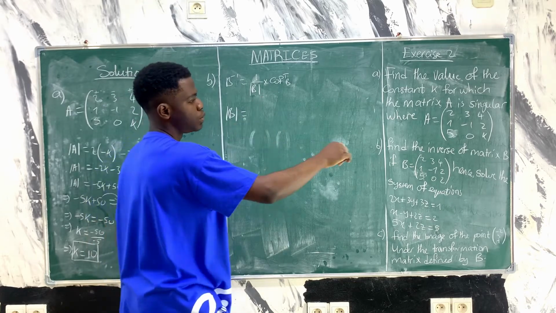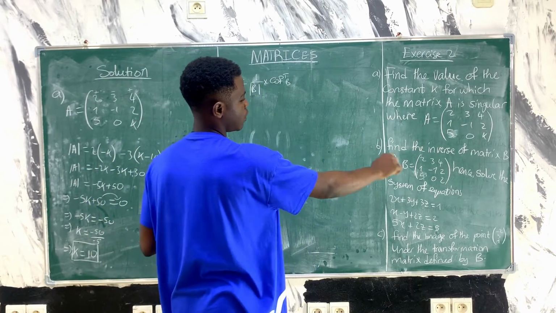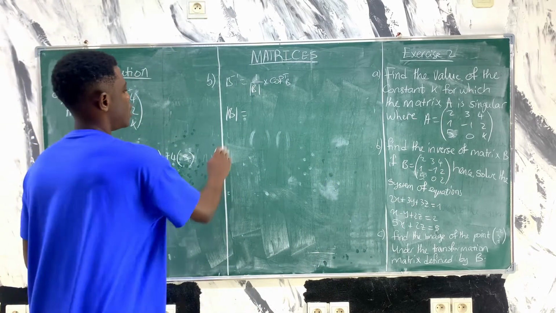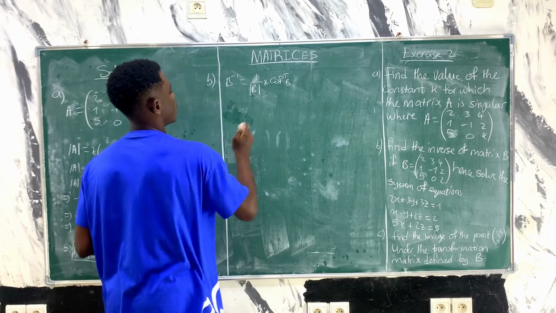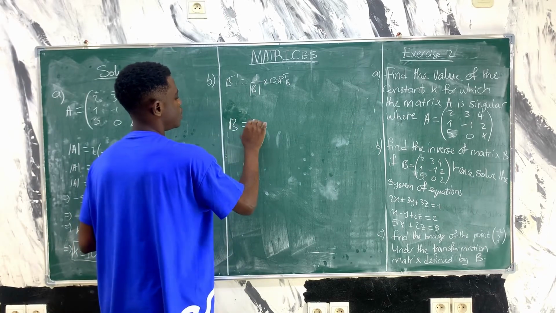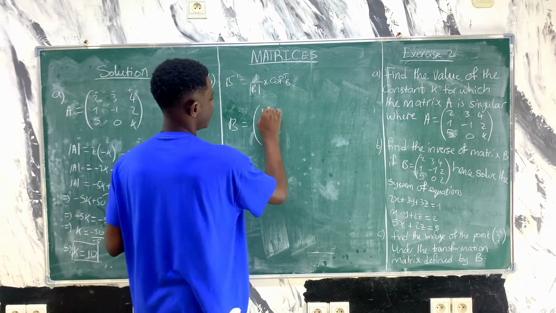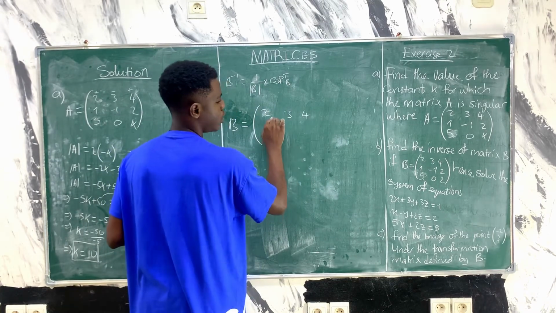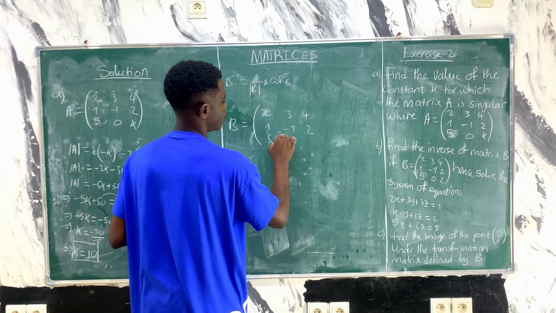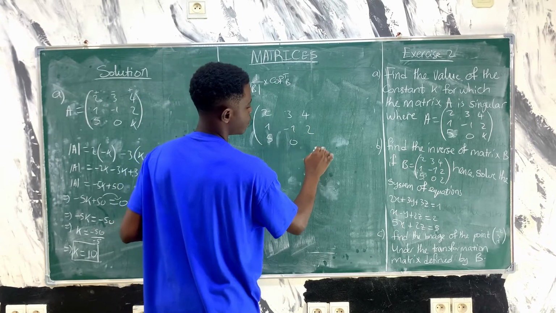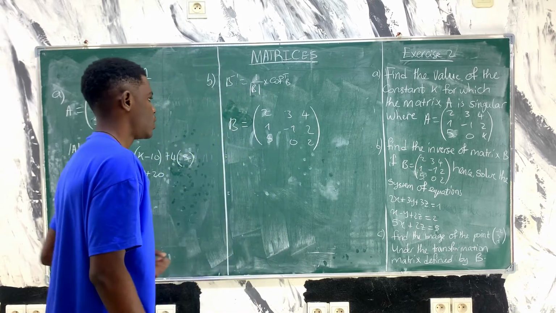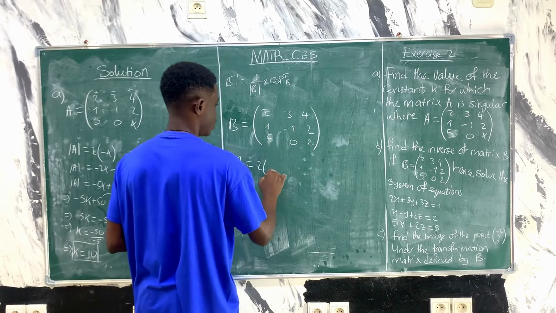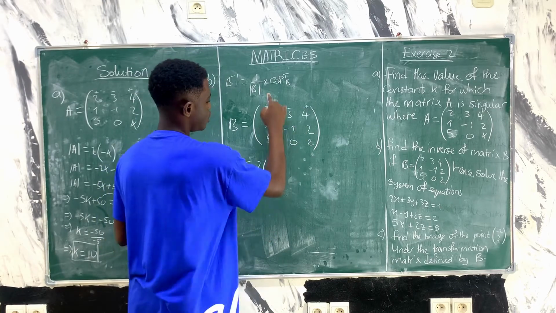B magnitude is going to be, you have 2, 3, 4. Well, let's copy B back. B is equal to 2, 3, 4, 2, 1, minus 1, 2, 5, 0, 2. Here is B. So the determinant of B is 2 into, this is plus minus plus, 2 into, you cancel here and cancel here,